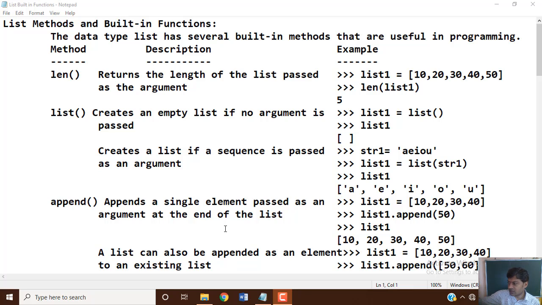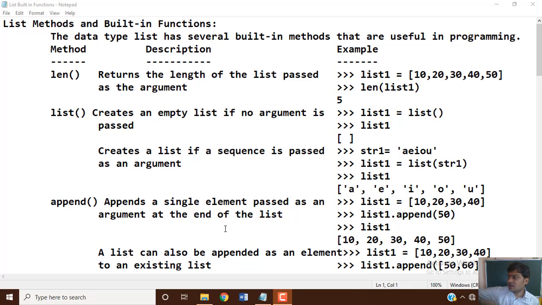So Python offers several built-in functions to perform various operations on a list. The data type list has several built-in methods that are useful in programming. So list methods, or built-in functions, for example append, insert, extend, index, remove, sort, reverse.